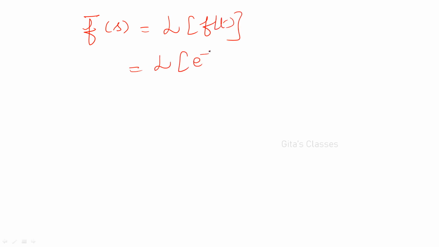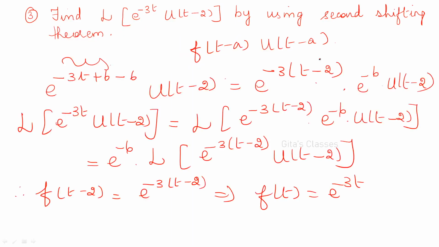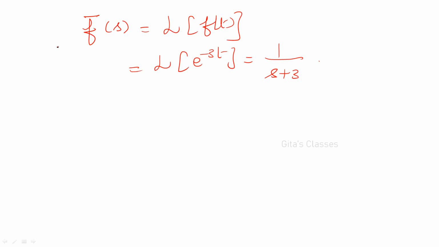So if f of t is equal to e power minus 3t, then f bar of s is equal to L of f of t, that is L of e power minus 3t, which is 1 by s plus 3, right? Therefore, by second shifting theorem,